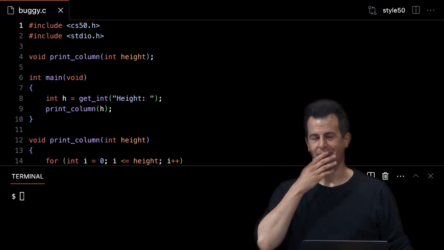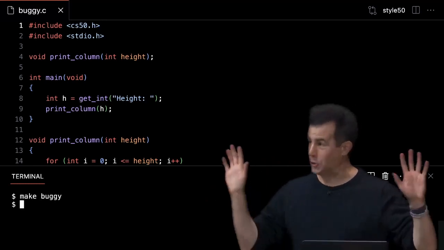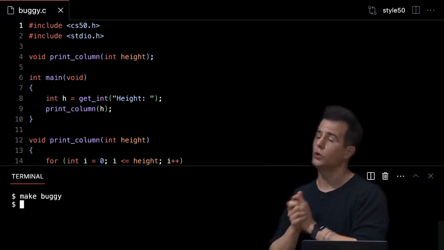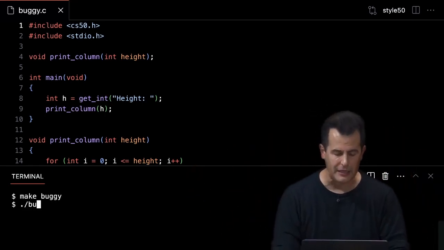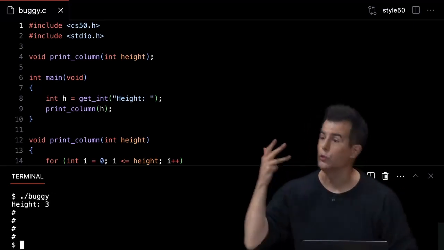No? All right, slightly unintended here. So let's see. Make buggy. OK, no syntax errors, thanks to you all. So the code compiles. But of course, when I run buggy and I type in something like 3 manually, I'm still going to get 1, 2, 3, 4 out.